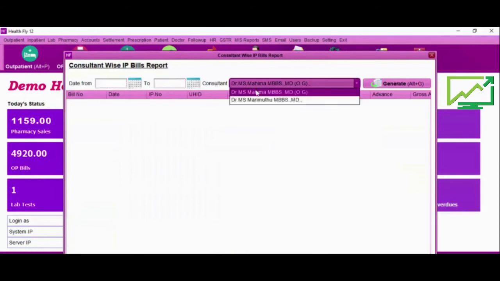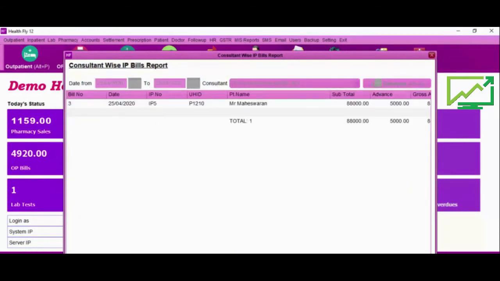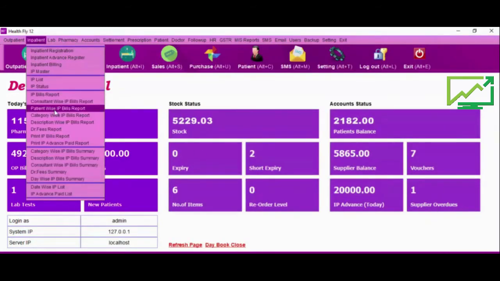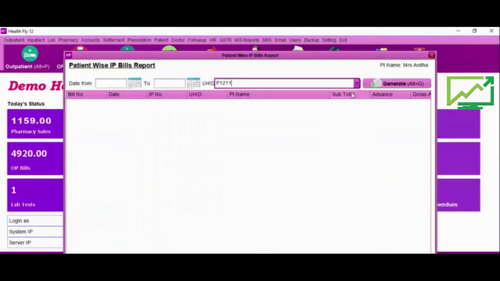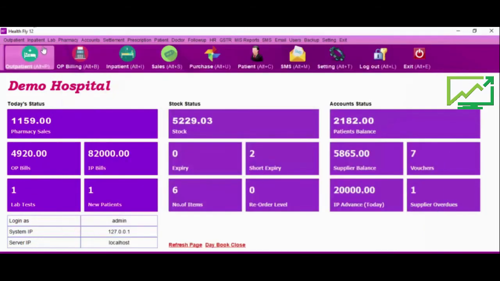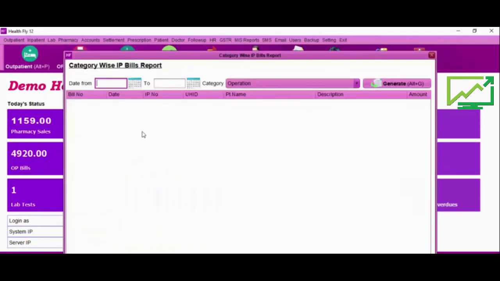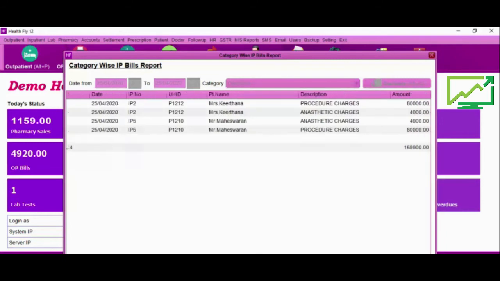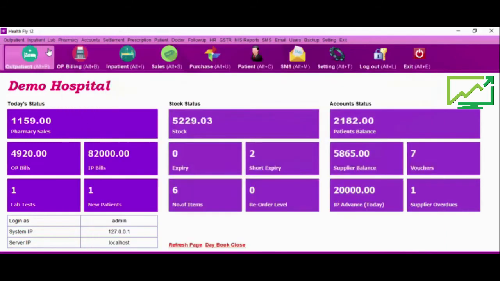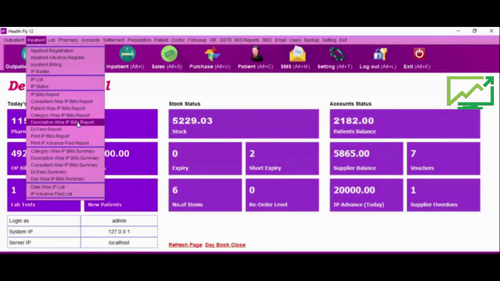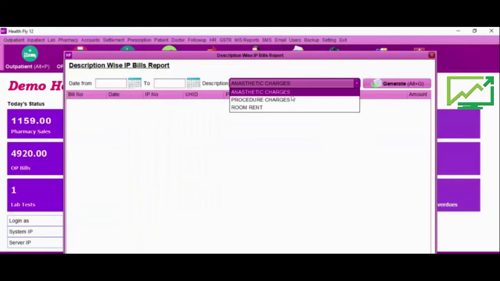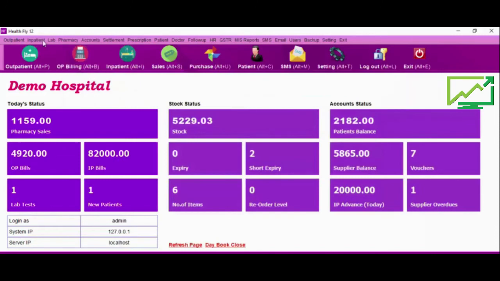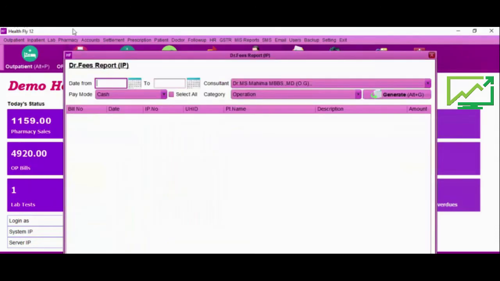Consultant wise list, patient wise list, category wise list, description wise report, doctor fees report.